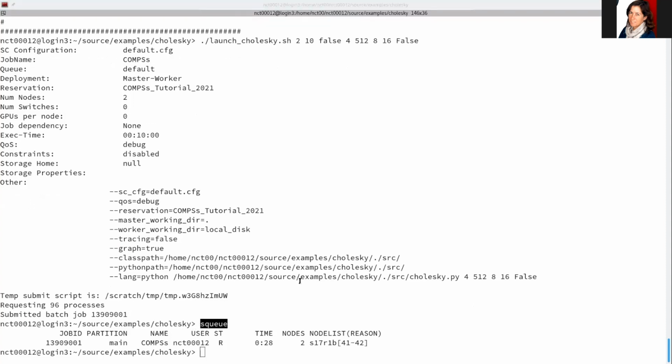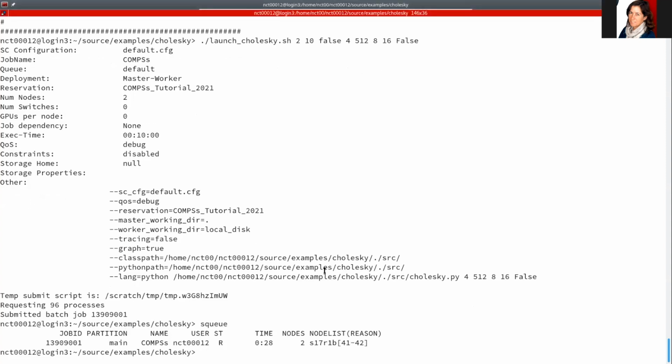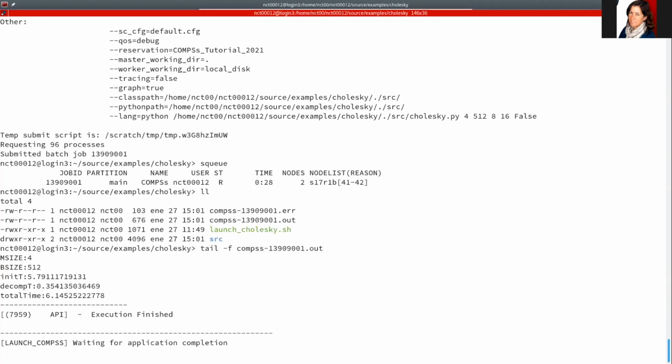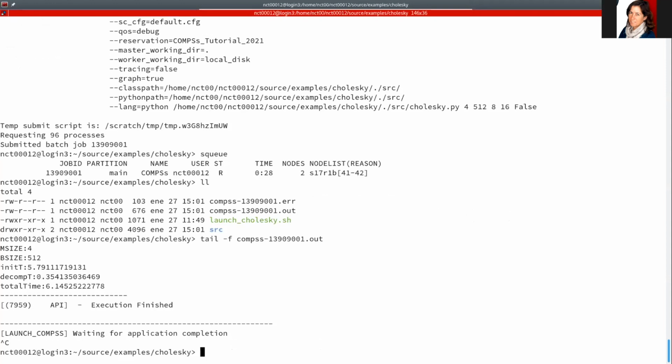We see that the job is running in nodes 41 and 42. While it is executing, it is producing a comps and job ID err and comps and job ID out files. These contain the standard output and the standard error of the execution, and you can check it dynamically with tail, or with cat. Mine has already finished, and we can see the output